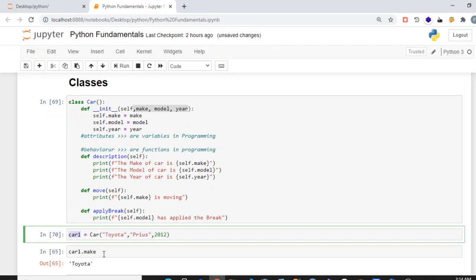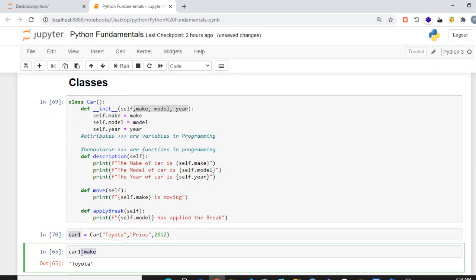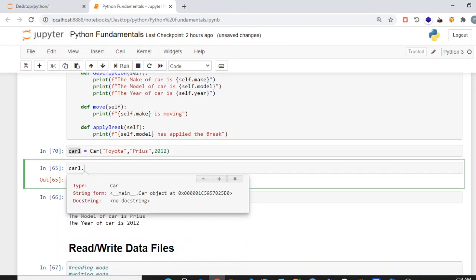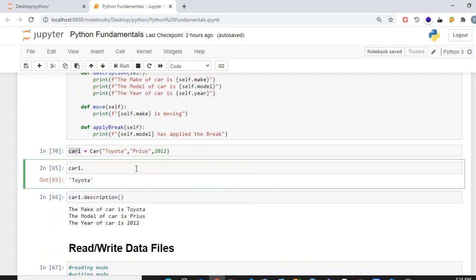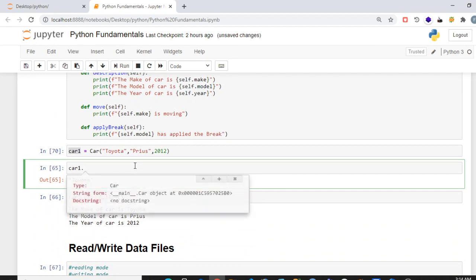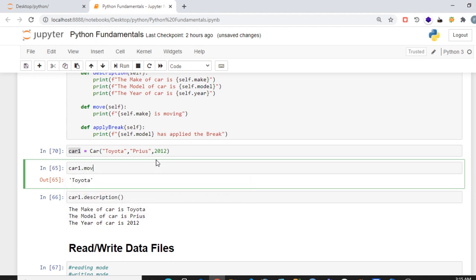To access anything from the object, you can use the name of the object, car1 dot, and then you can see the options here. Let's say move, and run this.